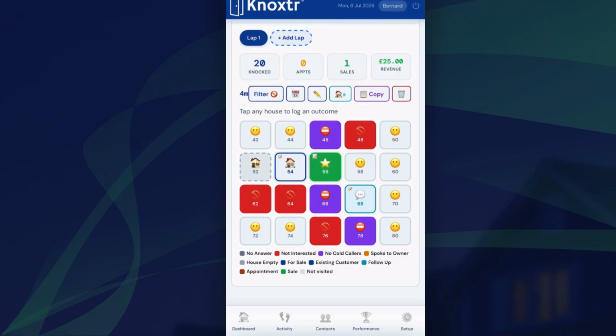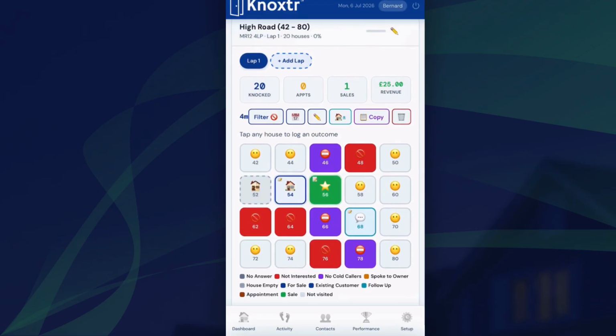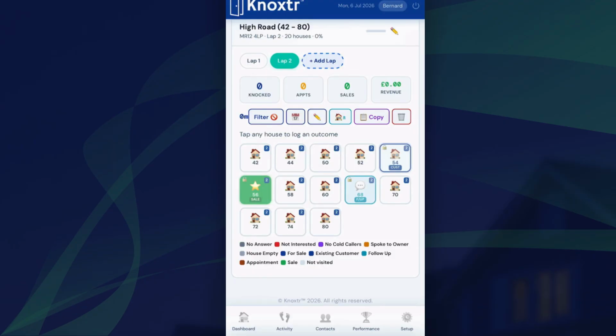But I want to show you a really cool feature with this system. So with Knoxtri, you can actually lap a road. You can add a lap, which means you can knock it again. So let's say that tomorrow you want to come back and try and catch all those people who are not at home. We're going to click on add a lap, and straight away what it's done, it's going to remove,